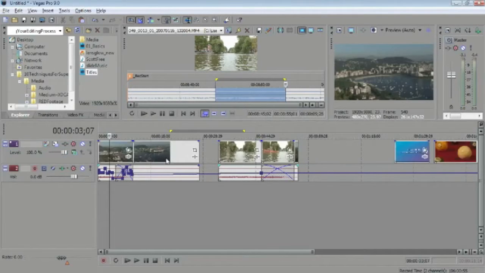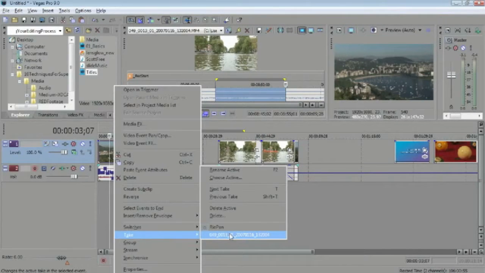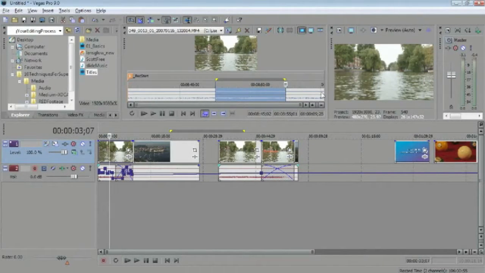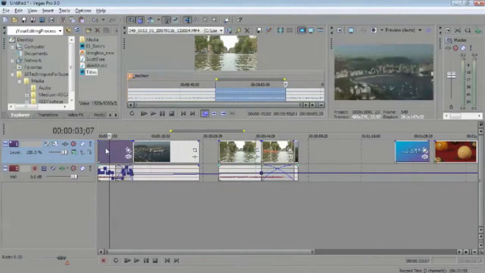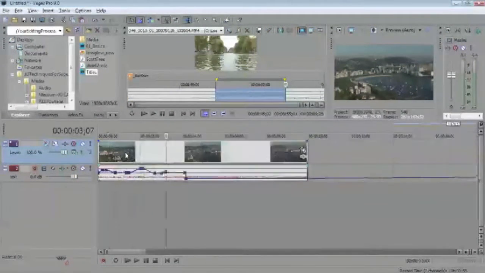Okay. So now that I've done that, I can switch back and forth between those takes. I can right-click and choose take and go to the other one, and you can see in the preview window that it's changing, or I can use the T key to toggle through them. But what's neat, what Vegas Pro enables me to do, and I'm just moving some of this stuff out of the way just so we can see this a little more easily,